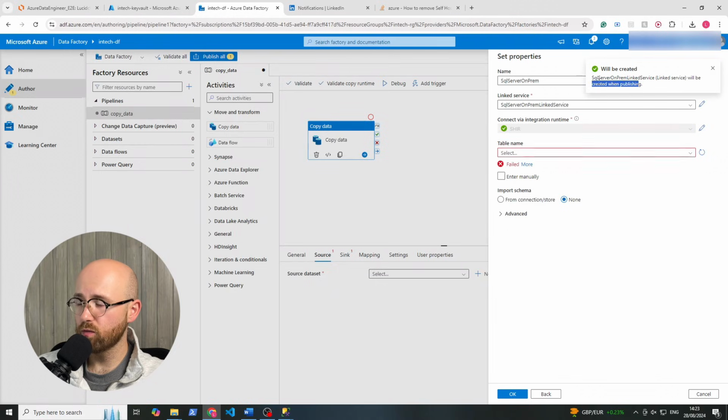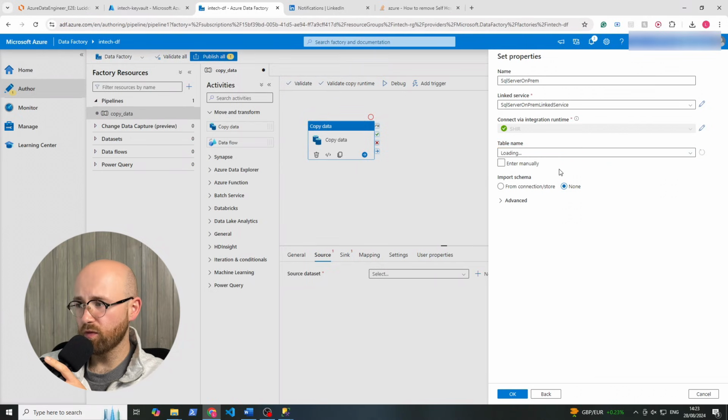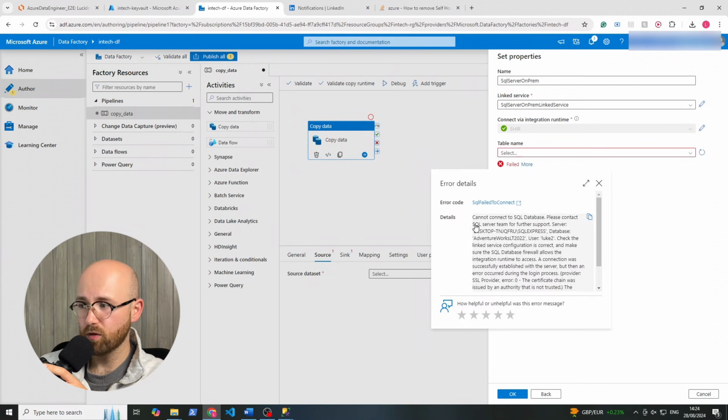That SQL Server on-prem linked service will be created when publishing. So now it's saying what table name to join. Now we'll refresh that, you can see it's not going to work. There you go, it says can't connect to SQL database. Now, to resolve this,